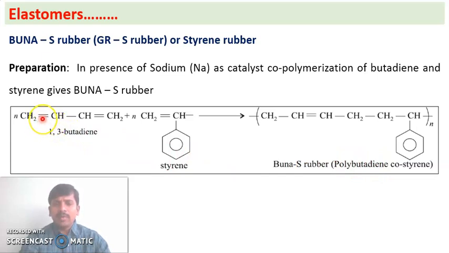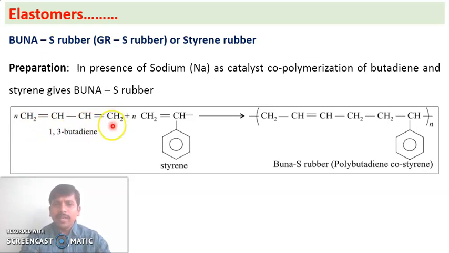See here in 1,3-butadiene, the first double bond, this pi bond is broken, not the single bond. The pi bond is broken and connectivity is developed for this carbon and also this carbon. When this pi bond is broken, this carbon gets one electron, this carbon gets one electron. Similarly, this pi bond is also broken and this carbon gets one electron and this carbon gets another electron. Now these two carbons have one electron each free. So with those two electrons, a pi bond is formed between the second and the third carbon, and with a single electron, this carbon develops connectivity and this carbon has a single electron, so it also develops connectivity.